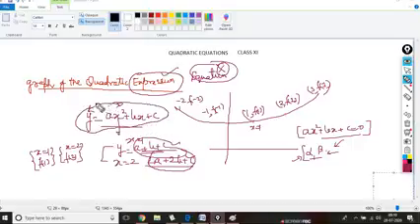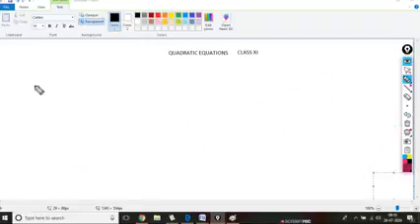In the expression there is no restriction on y, it can be anything, but here there is a restriction on y, that means y should be 0. So basically the equation talks about only 2 or 3 or as many points as there are roots of the equation, whereas the expression can have an infinite number of points where you consider its value. So I am saying graph of quadratic expression, not equation. Let us try to find the graph of the quadratic expression. You will see it's a really wonderful topic.